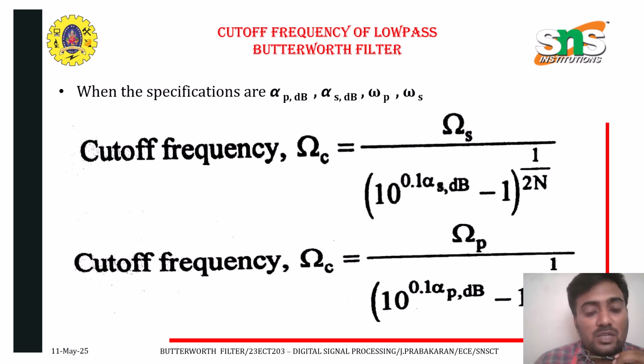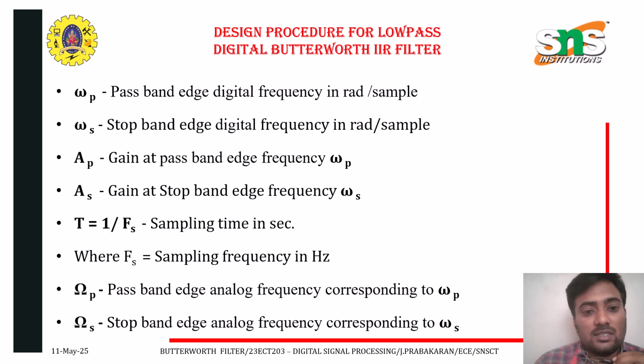For the cutoff frequency, we can use two formulas, either the stop band frequency or the passband frequency. You should know about these terms before the design. Omega p is the passband digital frequency, and omega s is the stop band digital frequency,